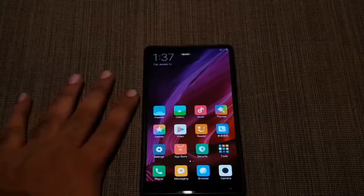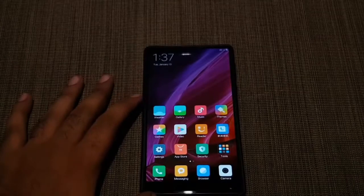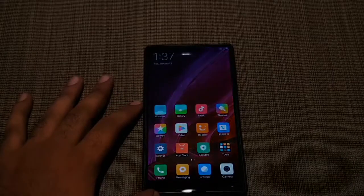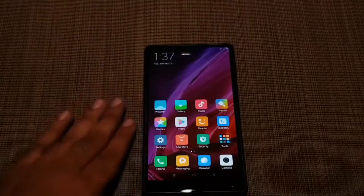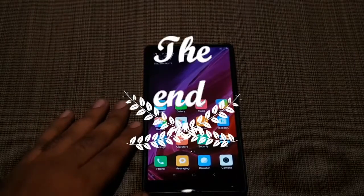In terms of pricing, the Mi Mix is priced at 3499 RMB, or roughly 35,000 rupees equivalent. There's another variant priced at 3999 RMB, about 40,000 rupees. That one has an 18 karat gold ring, 256GB of storage and 6GB of RAM. That's coming later too. This is China only for now, but